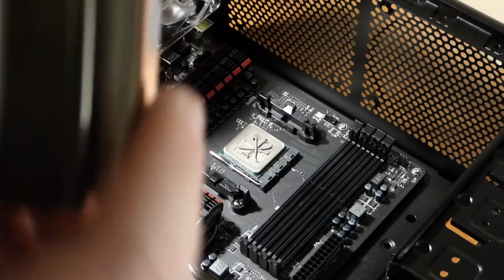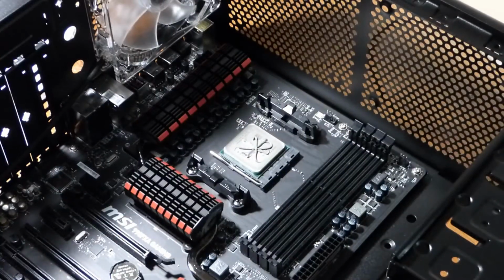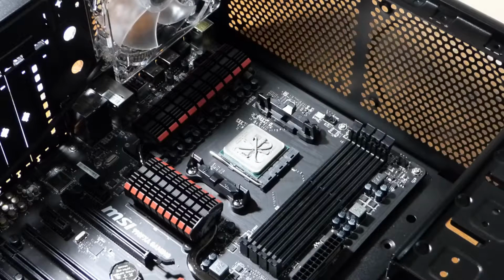Now, each side will have a hook like this, and this side with a lever. What you do is you hook one side and then hook the other and then lock it in place. So what I usually do is I lock this side first, bring it in, seat it on the processor,